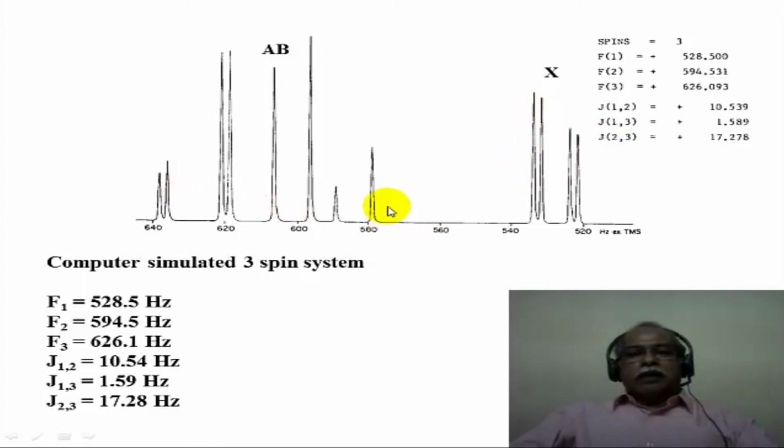And you can see here the line intensities are not as one would expect for a doublet of a doublet if it were to be a simple AX, BX kind of a coupling in this particular pattern. What one can see, of course, is the sort of an AB pattern here, which is further split into a doublet, but the intensities are unusually different in this particular case than what one would expect for an AB kind of a spectrum. And the frequency values and the corresponding J values are given, which is used for computation of this 3-spin system in this particular spectrum.